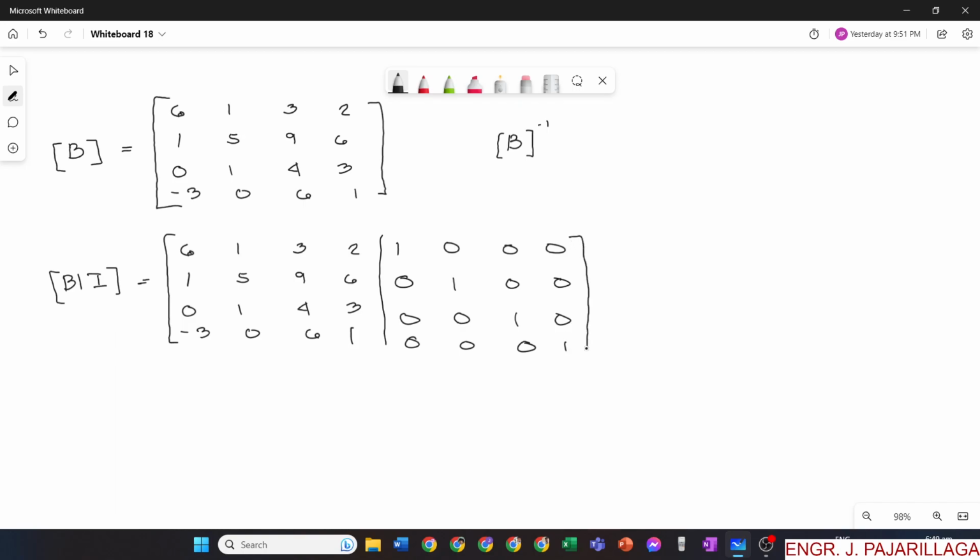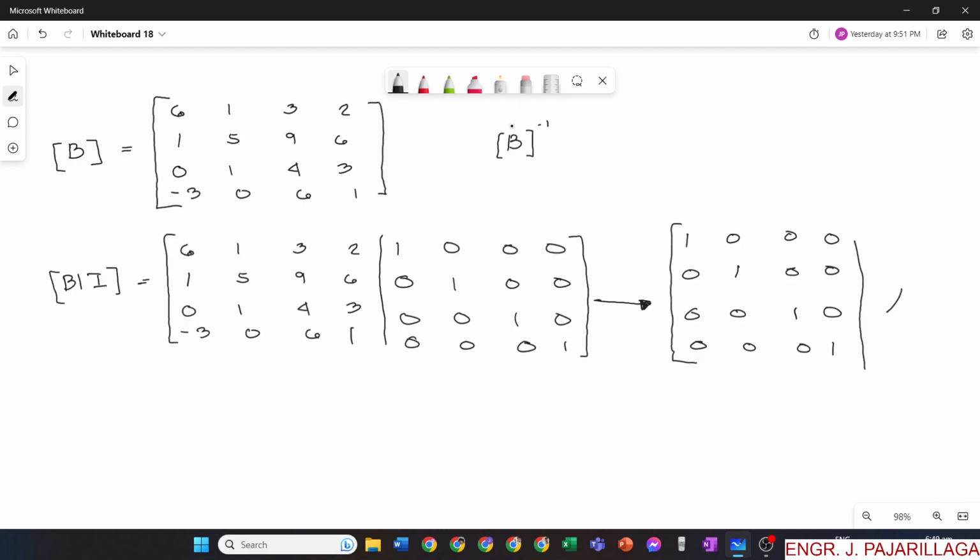Right? And then, using elementary row operations, the pivot, swap, elimination, etc., pwede natin itong i-transform into this form: the identity matrix augmented to an inverse